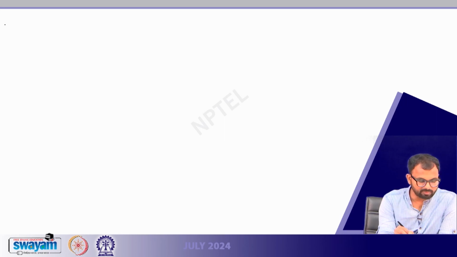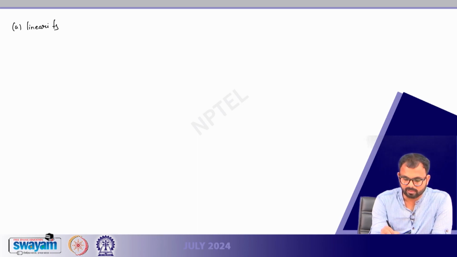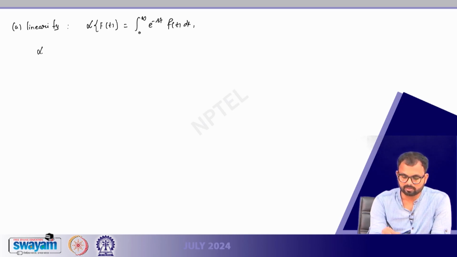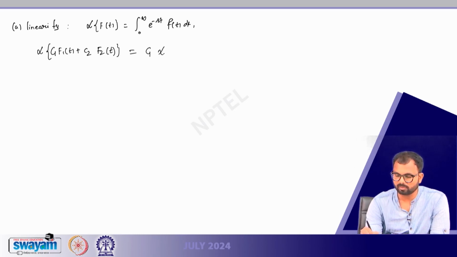We evaluated the Laplace transform for some functions. Just to mention, it has several properties. The first property is linearity. Linearity means that if the Laplace transform of a function f(t) is denoted by the integral from 0 to infinity of e to the power minus st times f(t) dt, then the Laplace transform of c1 f1(t) plus c2 f2(t) will be simply c1 into the Laplace transform of f1(t)